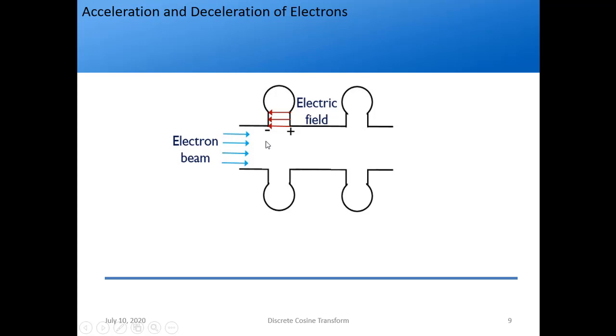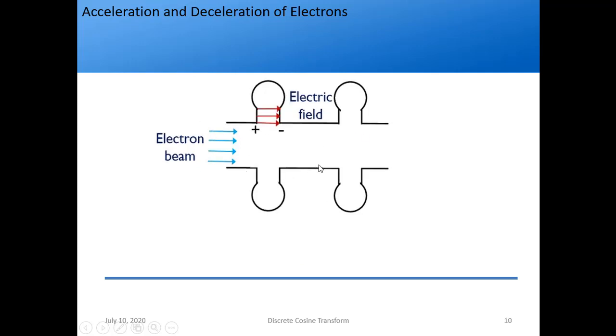There will be a repulsive force between them. Since there is a repulsive force, can I say the velocity of the electrons is reduced, right? Again, the electron beam is traveling towards the right with a certain velocity, but they encounter an electric field in this polarity along their travel direction. If the negative polarity of the electric field is here, and electrons by nature are negatively charged, there will be a repulsive force between them. Because of this repulsive force, the velocity of the electron beam will be reduced. So we say there is a deceleration of electrons, right?